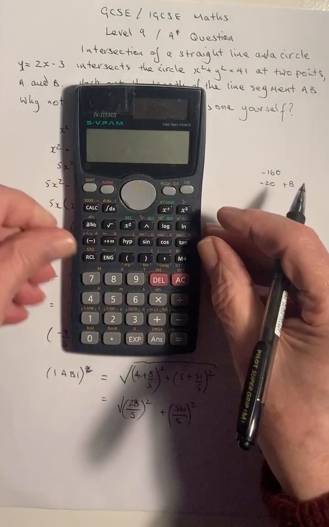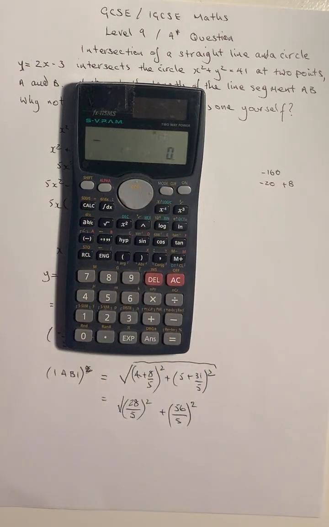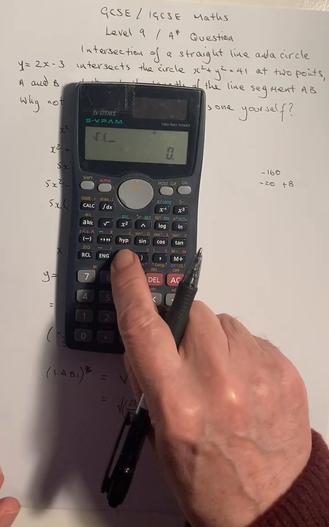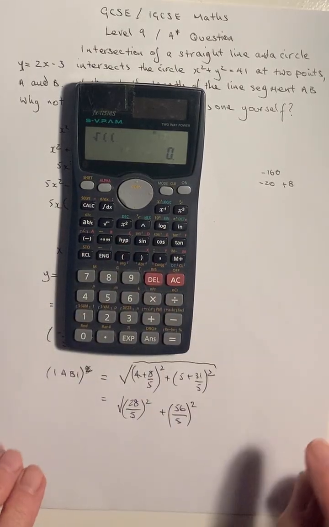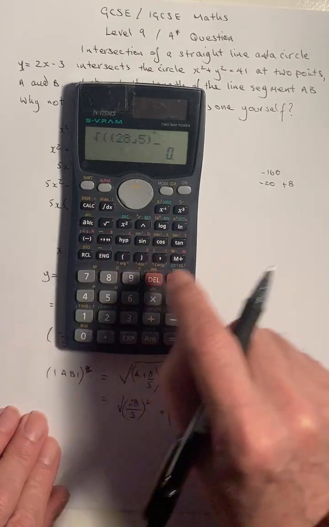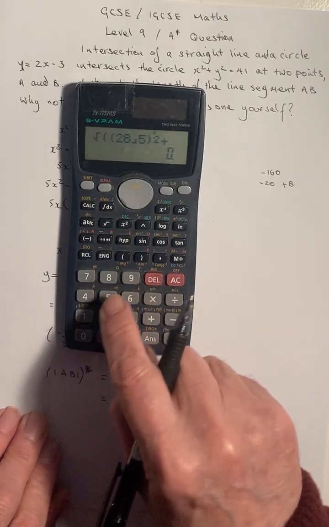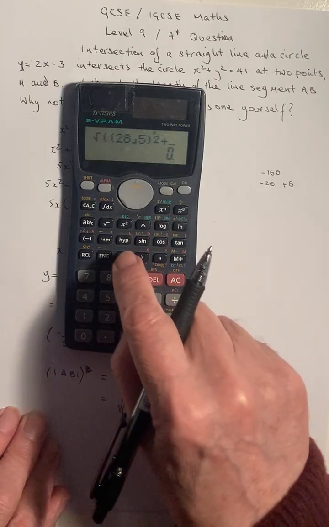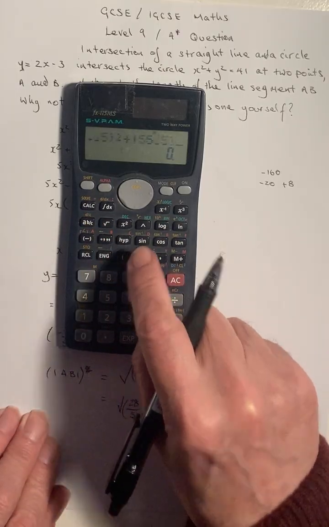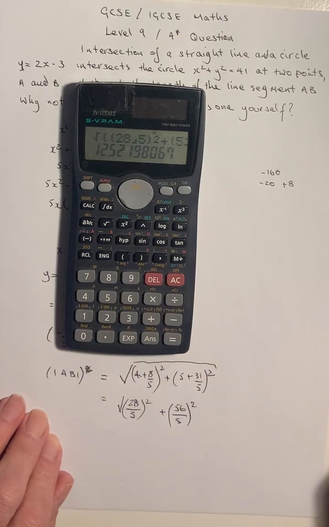So I'll just put my calculator here where you can see it. Turn it on, and we have the square root of, open brackets again, 28 fraction 5 close brackets squared, plus open brackets 56 fraction 5 close brackets squared, close brackets again, equals,